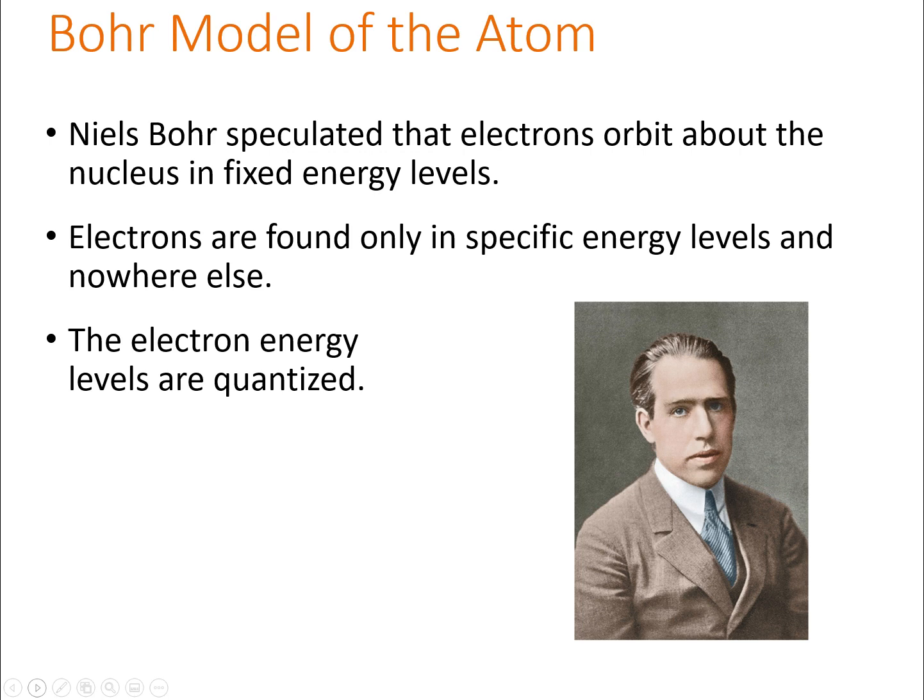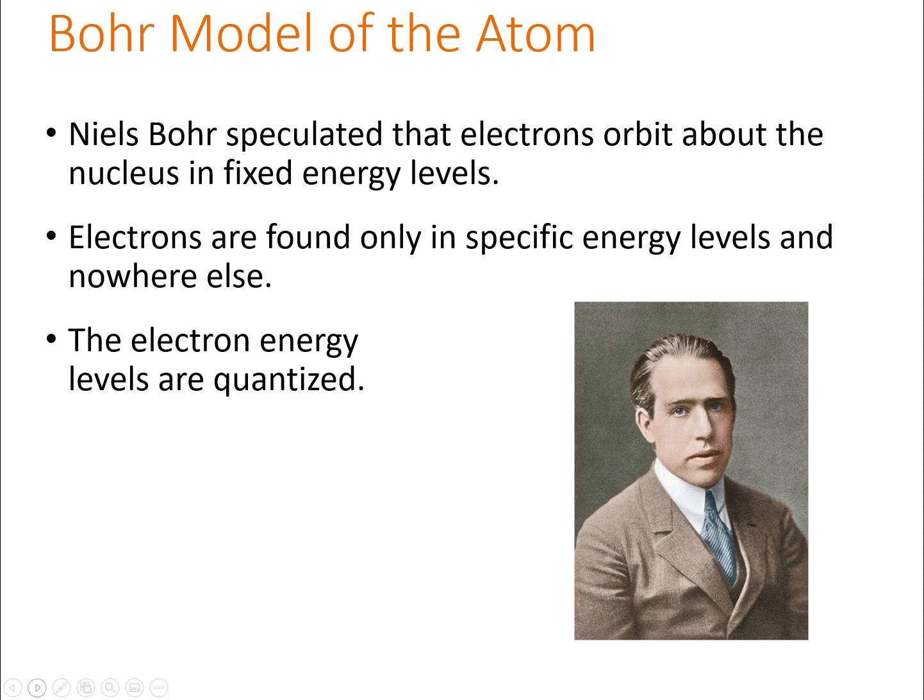The next model of the atom that we'll talk about is the Bohr model. And what he speculated was that electrons orbit around the nucleus in fixed energy levels. Now, he didn't get the fixed part right, and we'll talk about that in a little bit. But the energy levels, he absolutely did. What he said was that electrons are only found in specific energy levels and nowhere else, which means that the